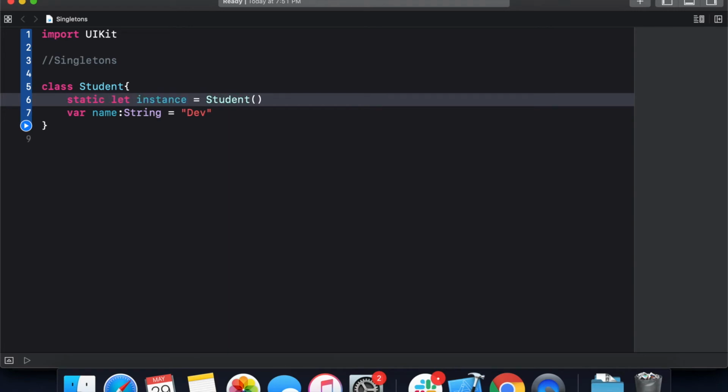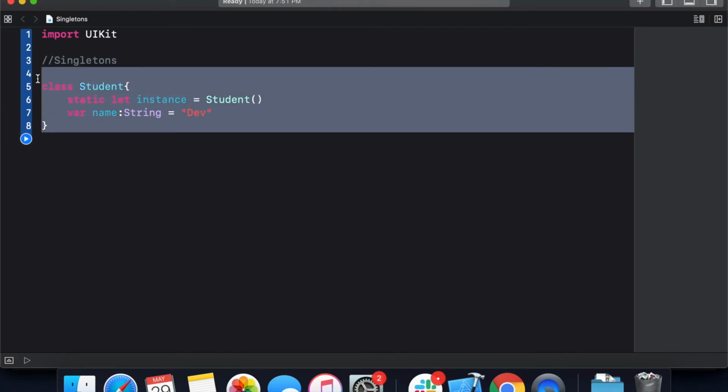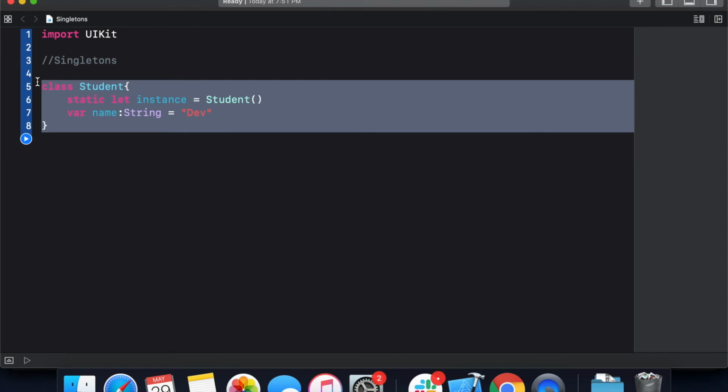So that I can access this instance in the project without creating another instance of this class. By declaring this static, I am making this a class level property, so I can access it with the name of the class. So that's it. This is how we create a singleton class.